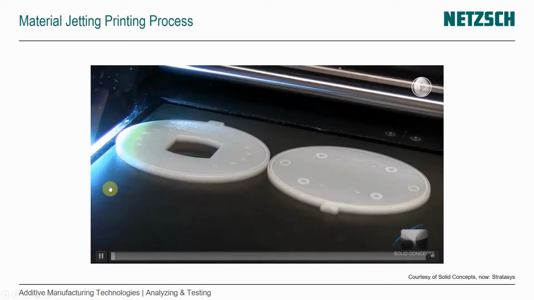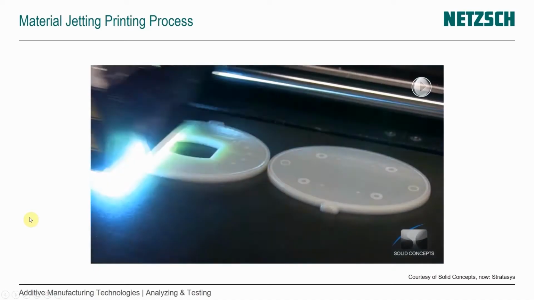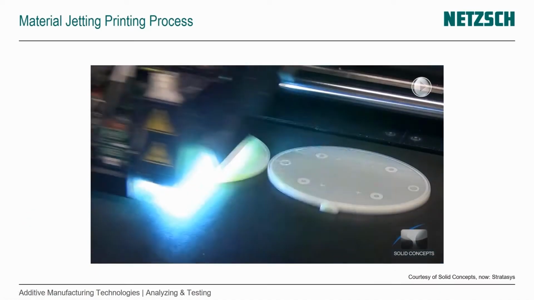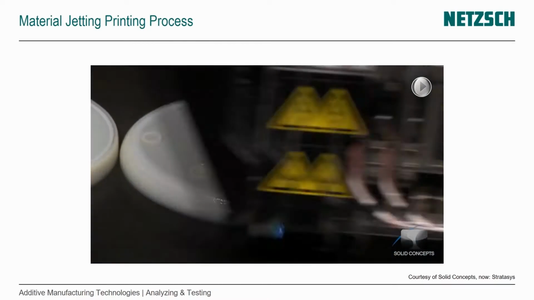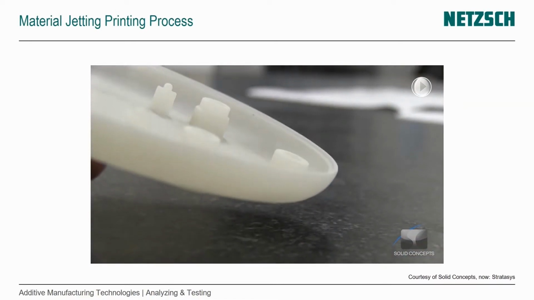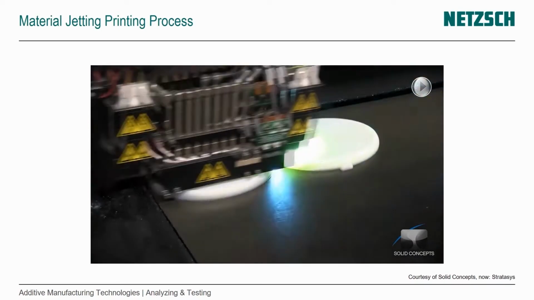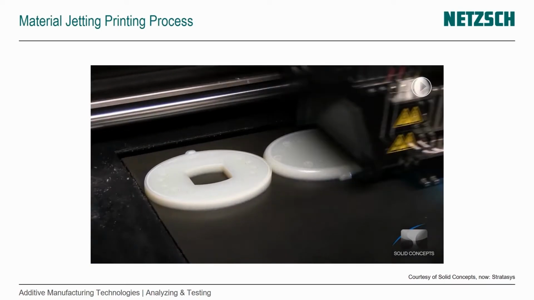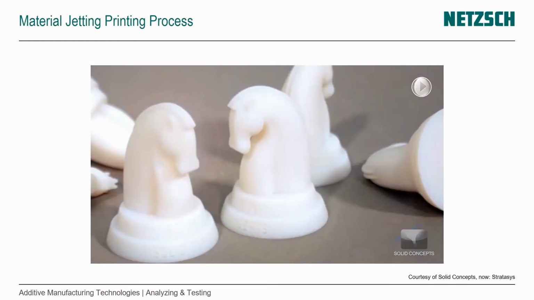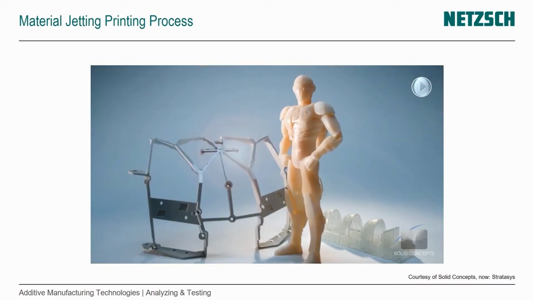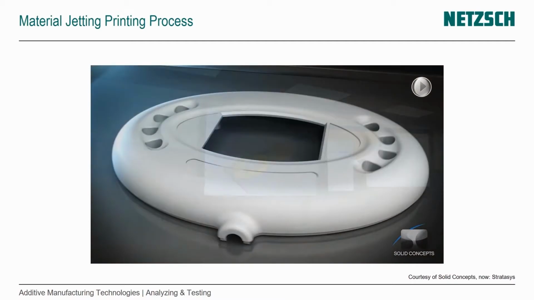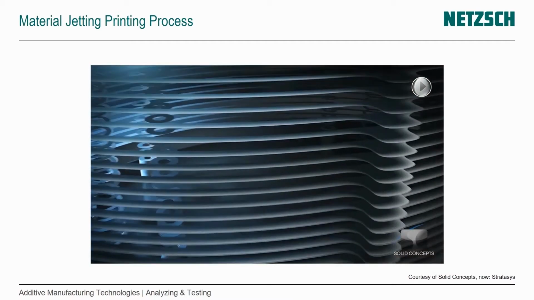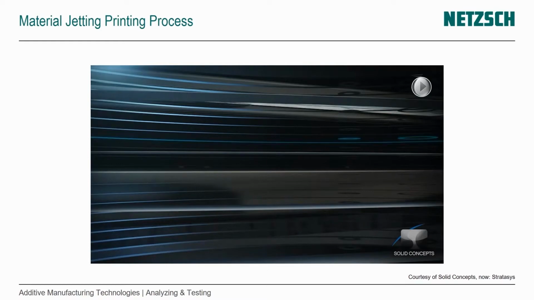I have a video for you to look at. We see the part that we have seen a couple of times, and what you see is light. That's important. We already know it's a UV curable resin, so we expect there to be some kind of UV curing light source. It goes over the part, so each movement is actually creating a layer, and the build platform is moving down in between. And you see it's relatively big because we have this array of nozzles that deposit the droplets. Some examples of the 3D parts, how they're positioned on the build platform, and the individual slices of that part.